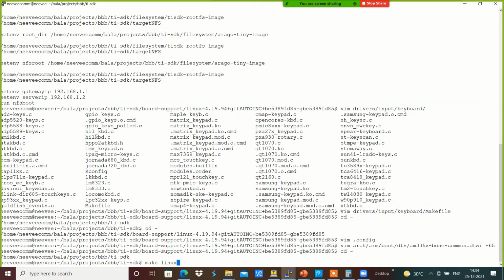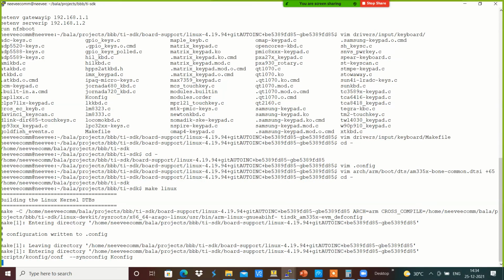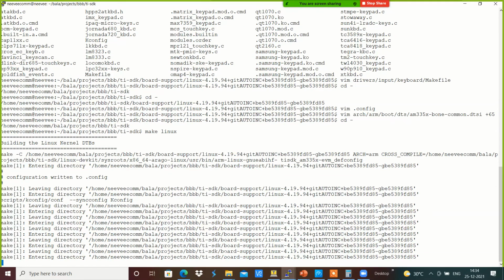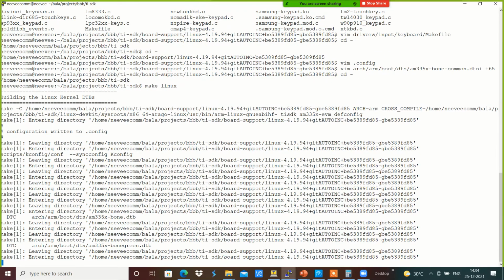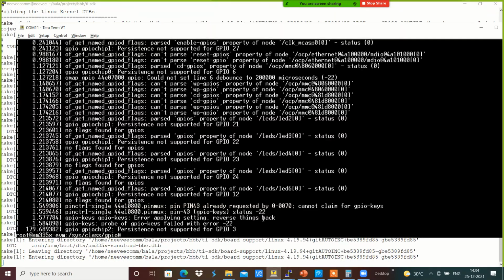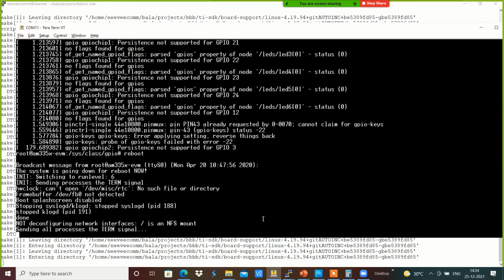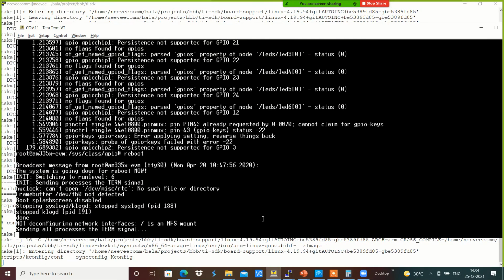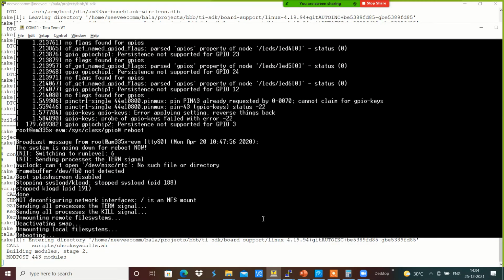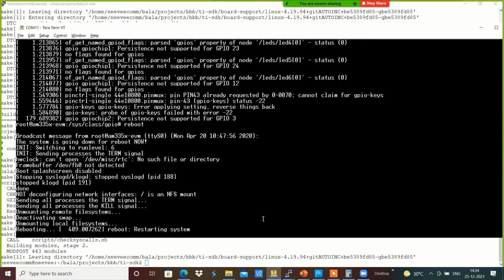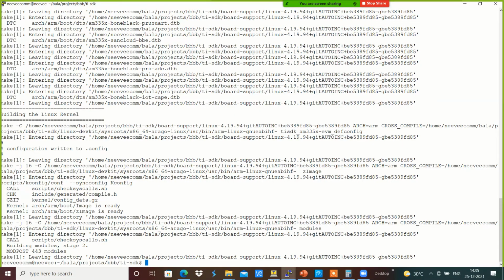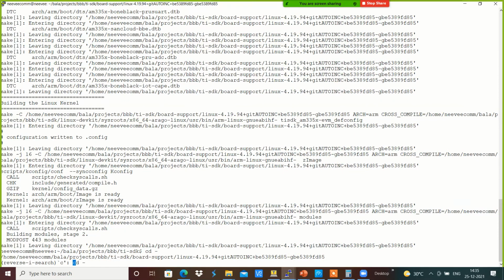Make Linux. I'm going to reboot. Control C, cp.